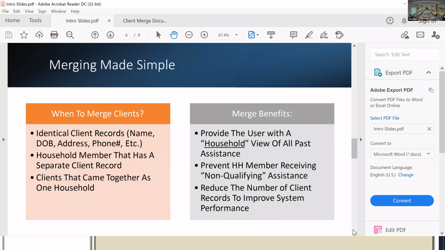because what you're after is bullet number 1 for the merge benefits. The real benefit of the merge is that you now have a holistic view of all the past assistance for that household. We, St. Vincent de Paul, Georgia, have a guideline that we help a household, not necessarily an individual, once every 12 months. Well, if you have multiple client records, it's going to be hard to piece it together. But if you have one, when that household member comes in or that client comes in, you now see all the past assistance